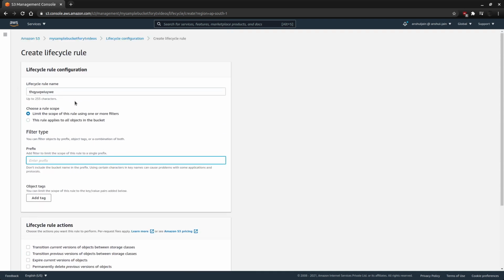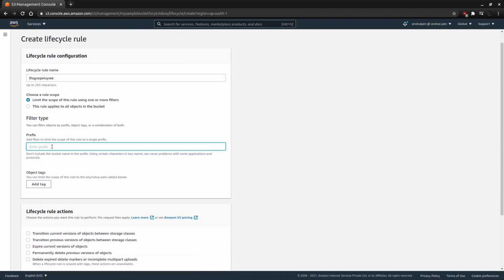For any given rule, we can also put a filter which would indicate the rule will only apply to a certain set of objects which are part of the filter. For example, we can limit it to apply only to files which have a prefix of, let's say, QWERTY. Any file which has this prefix, the rule will only apply to that.